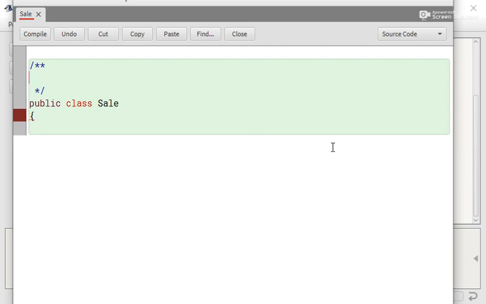Suppose this program is for selling any amount or purchase any amount and giving discount on the basis of purchase amount.